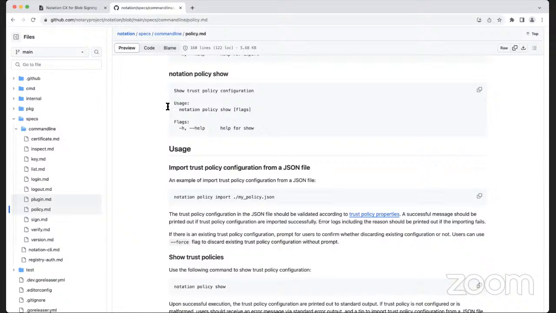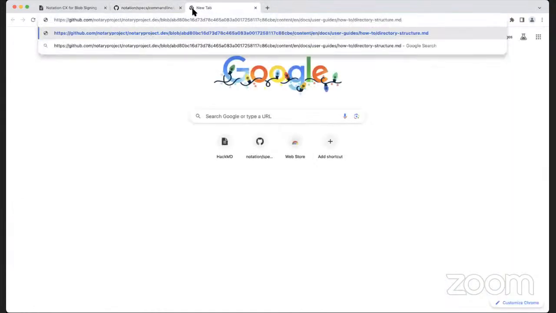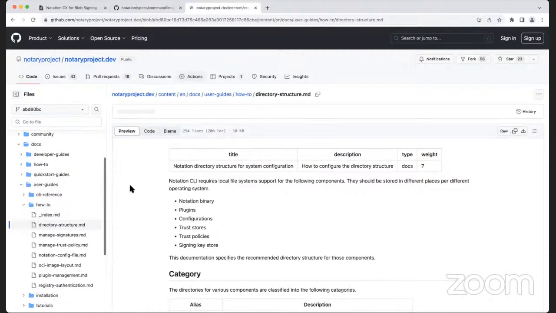Let me pull that up. Give me a sec. Yeah, I think we need to closely look at the rest of these specifications and see how this affects them.